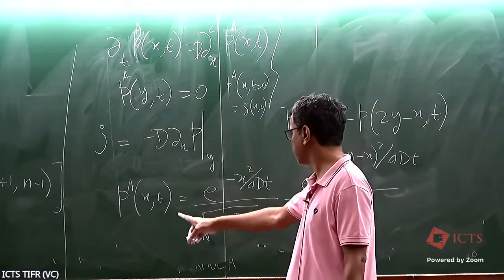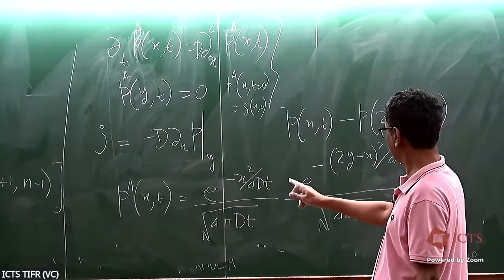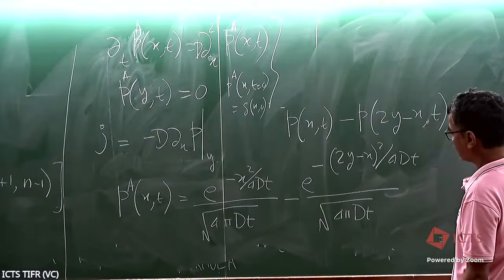So we take the derivative with respect to this, and then set x equal to y. Right. So if we put the derivative, then what do you get? So the first is